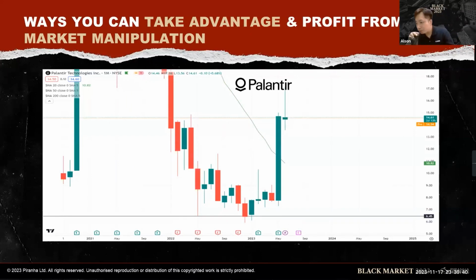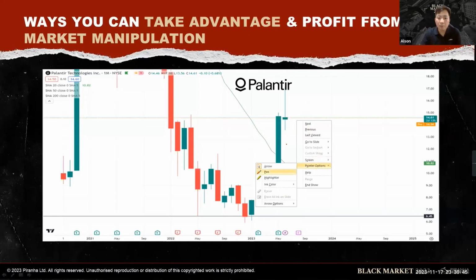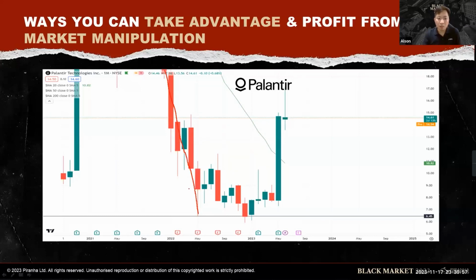And also Palantir, guys. Palantir is a stock I've been eyeing for many, many years, ever since 2020, 2021. But the stock kept going down with no clear sign of stopping. It actually went down more than 70%. It was only until somewhere here that I realized, holy shit, the market maker for Palantir is now ready, accumulating.